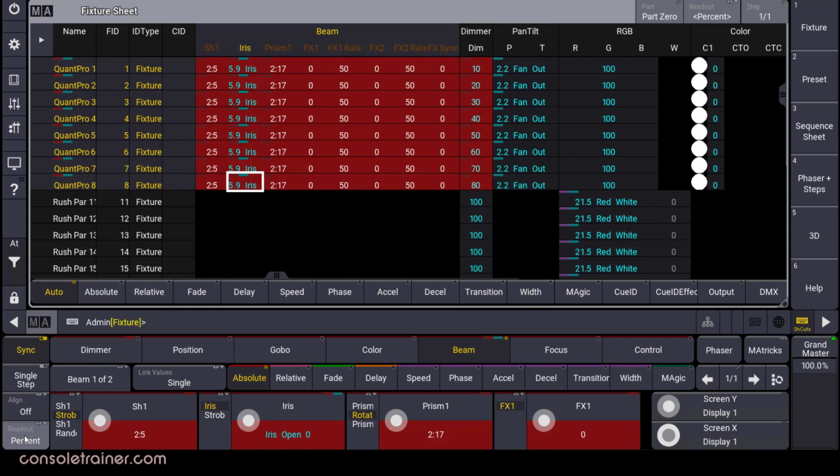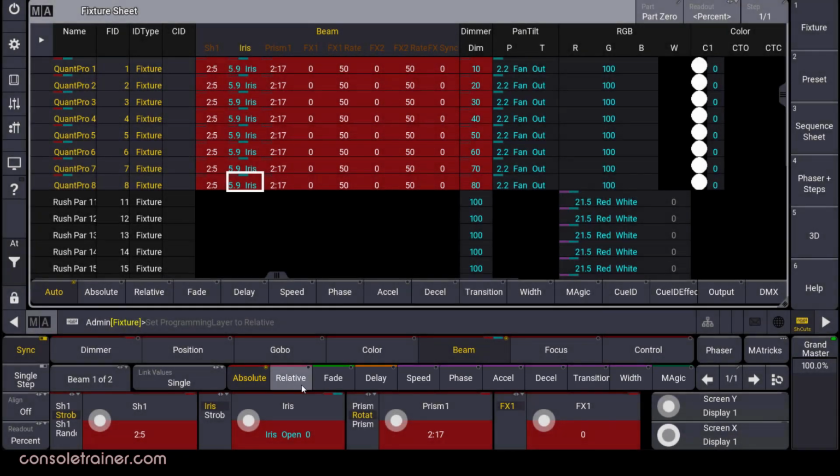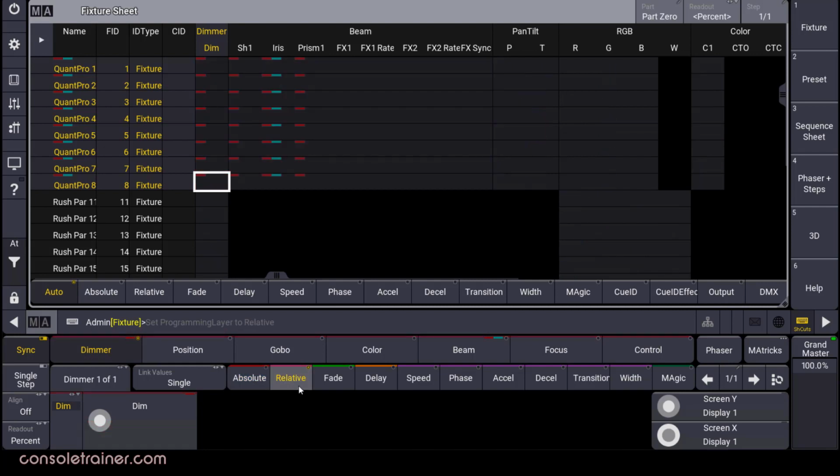Another way we can change what we're looking at in the fixture sheet is with that layer toolbar I mentioned earlier. I want you to see an option in this bar that we didn't have in MA2, and that's this relative option. So far, we've been affecting our parameters absolutely, which is intuitively how we tend to work with our encoder wheels. If I switch my wheels to relative, then I can affect my absolute values relatively.